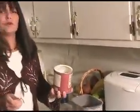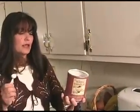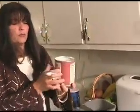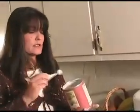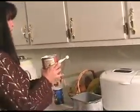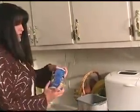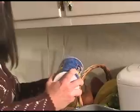After that, I like to add 1/2 teaspoonful of the dough enhancer. This has lecithin, a little extra yeast in it. It has a way of making the texture a little lighter. Shelf life lasts a little longer, but this is 100% natural. There are no chemicals or preservatives in this. It just helps to make the loaf last a little longer on your shelf. In our case, the loaf barely lasts a day in the house because everybody eats it. But 1/2 teaspoon of the dough enhancer, 1/2 teaspoon of salt sprinkled across the top,